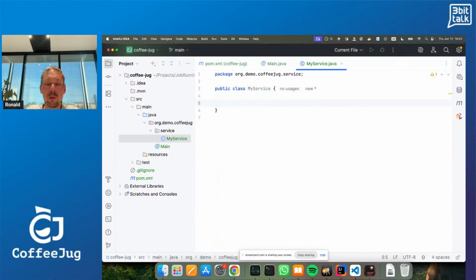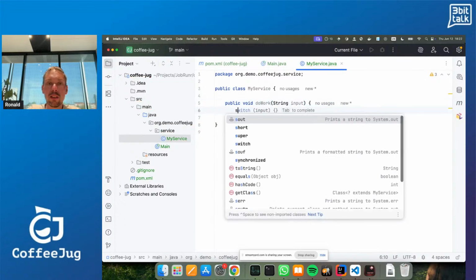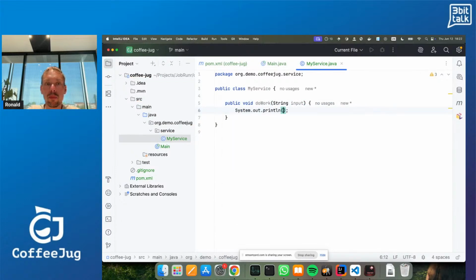And here we want to have a method, for example, public void do work, doing some work with input plus input. And let's say that from this method, we would like to create a background job.